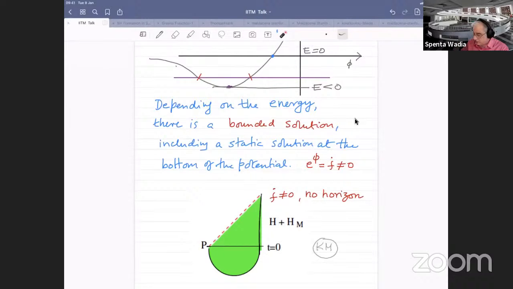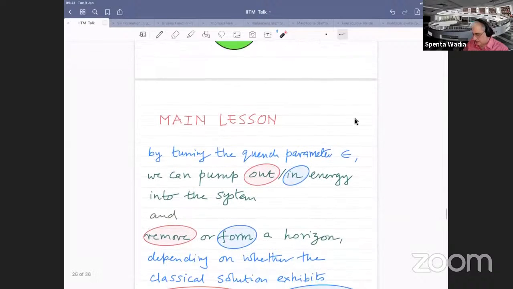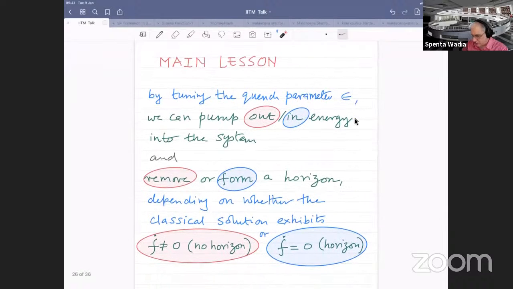So this is the first quench which was introduced by Kourkoulou and Maldacena, in which they were able to describe a deformation of the SYK model in which the geometry doesn't have a horizon. Okay, so that's great. Why it is great, I will say, because you start with a geometry without a horizon, and then you start building once again a geometry with the horizon, and that's precisely the black hole formation, which I will now discuss briefly with you.